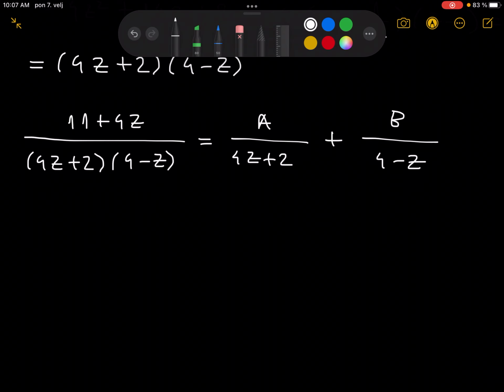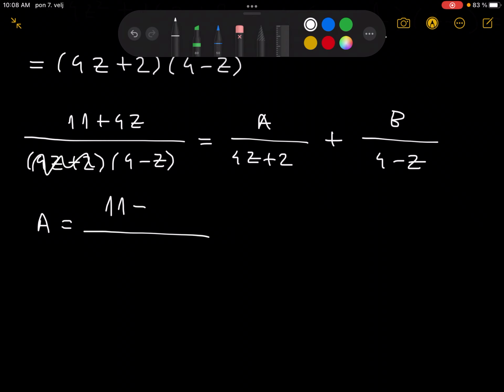And we're just going to use the cover-up method. So when we put in here, z has to be equal to negative 1 over 2 in order for it to be 0. So I'm just going to cover this up. So we'll get that A is equal to 11 plus 4 times negative 1 over 2